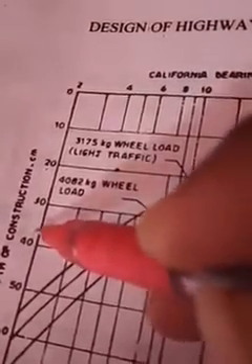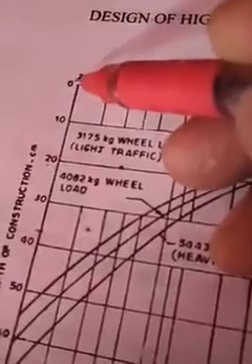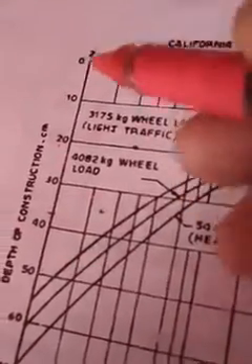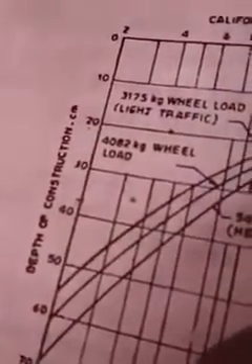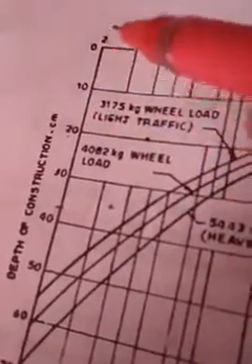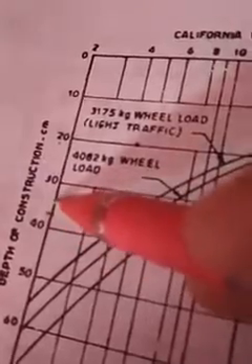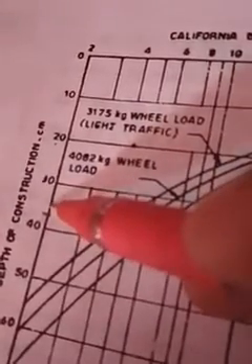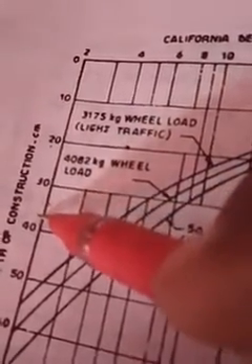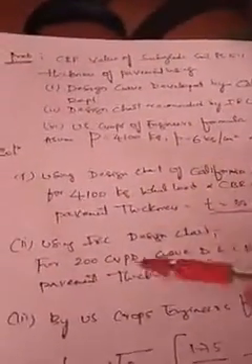it will meet here. So here you can see the values are from top to bottom. Top is 0, bottom is the maximum value, 70 centimeter. So here this is meeting somewhere around 35, 36, 37 or 38 we might be getting. Therefore the thickness of the pavement is 38 centimeter using the design chart developed by California State Highway Department. So that one is over.